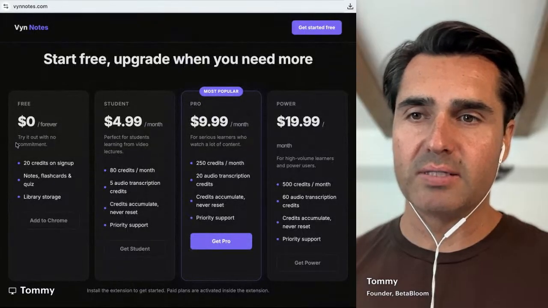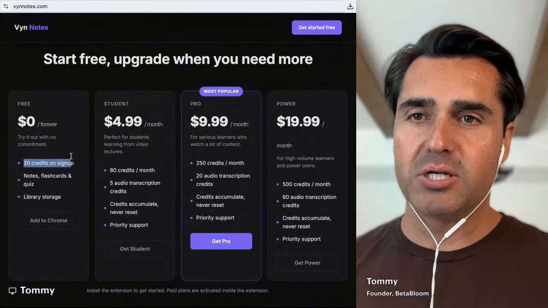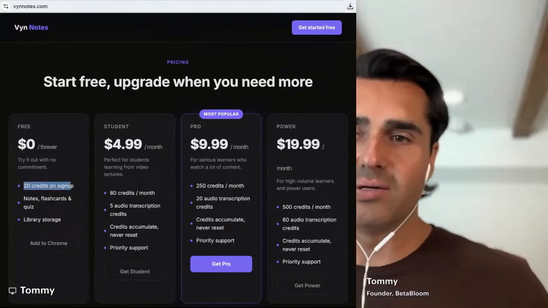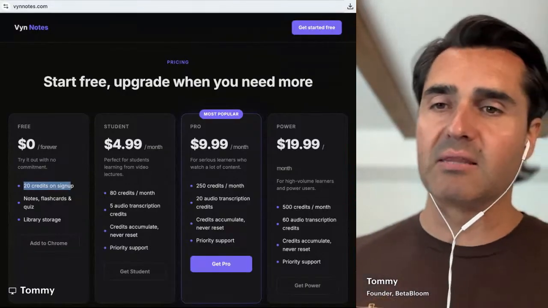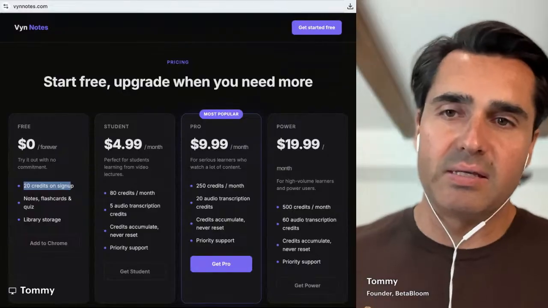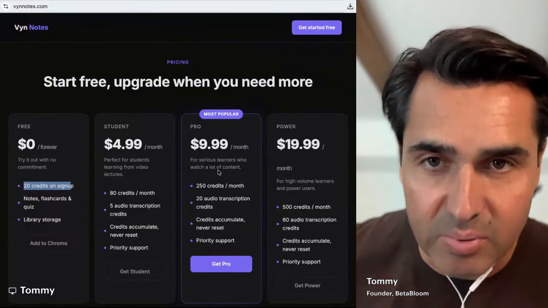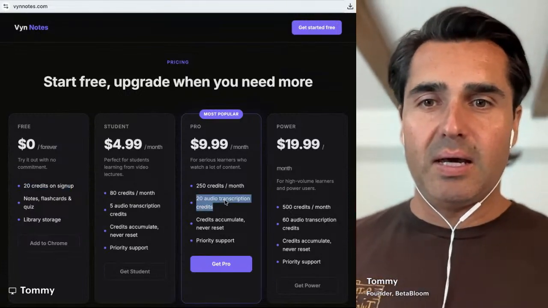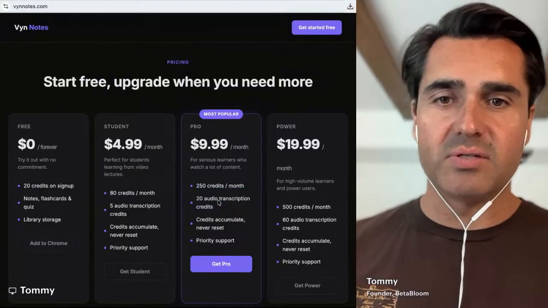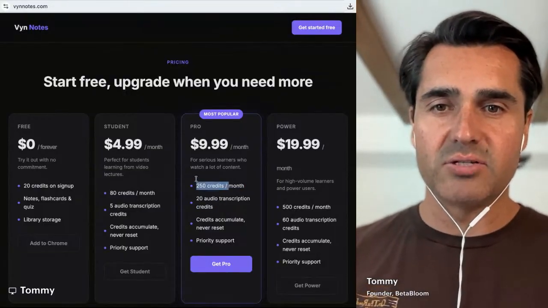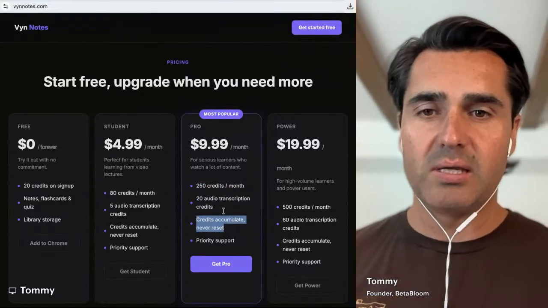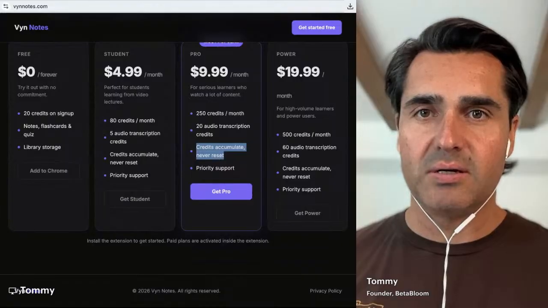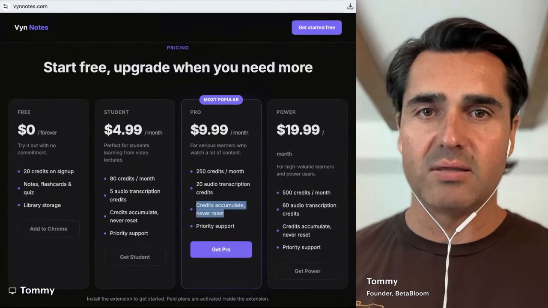Pricing, okay, 20 credits. Since you're talking about credits, it would be good to show how credits equate to, I don't know, video time? Is that how it works? Is it the length of the video that uses credits? Since you're talking about pricing, it would be good to explain that. And then I don't know, are there different types of credits? That's confusing. There's audio transcription credits, and then there's just general credits. Credits accumulate, never reset. So yeah, the credit situation could be articulated more clearly to understand the true price for